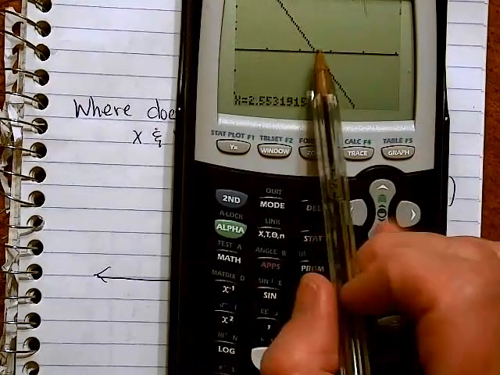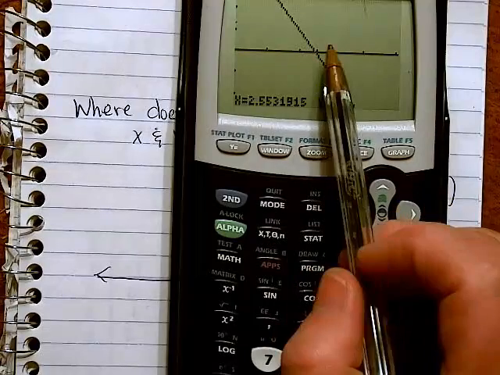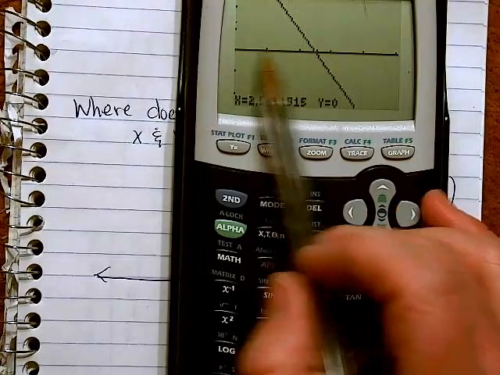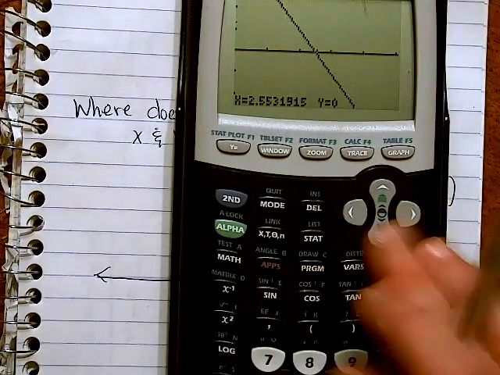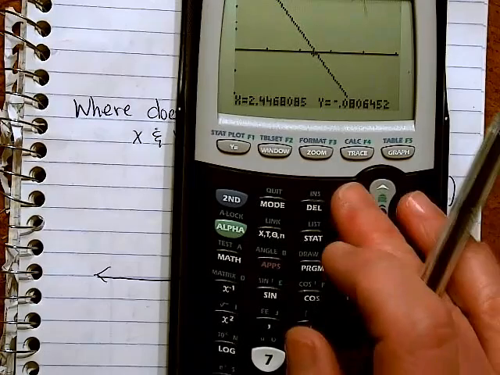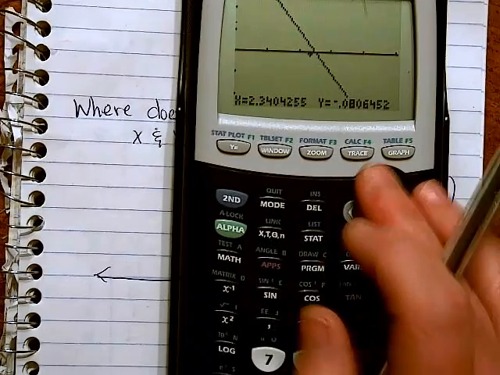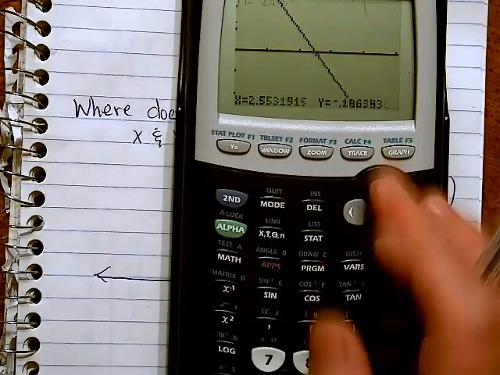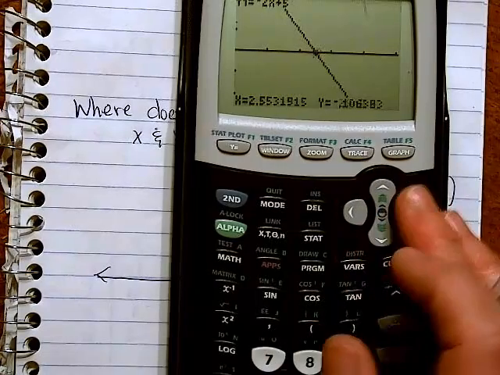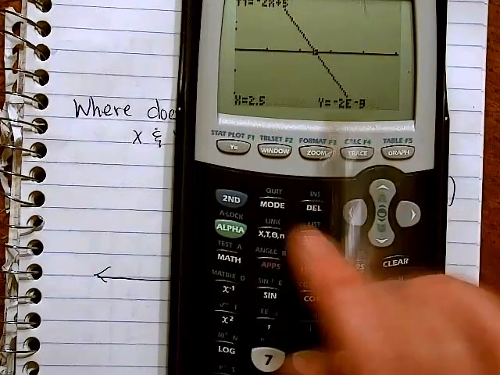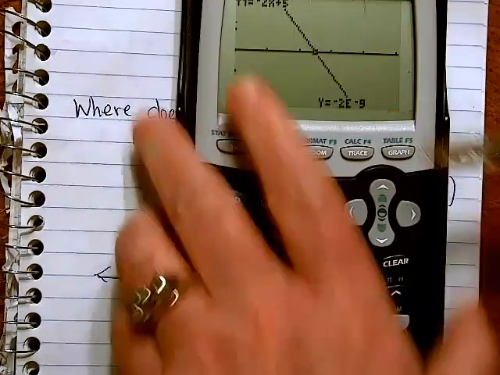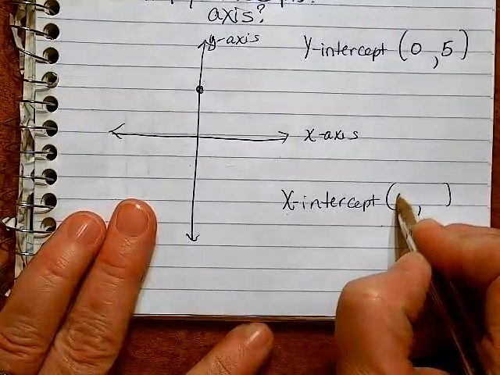Okay, it's going to be right between 2 and 3. And it tells me here, where is y 0? I was on it. I better get back on trace. Y is 0 at 2.5. That's negative 2 e to the negative 9. That's so little, it's 0. So x-intercept is at